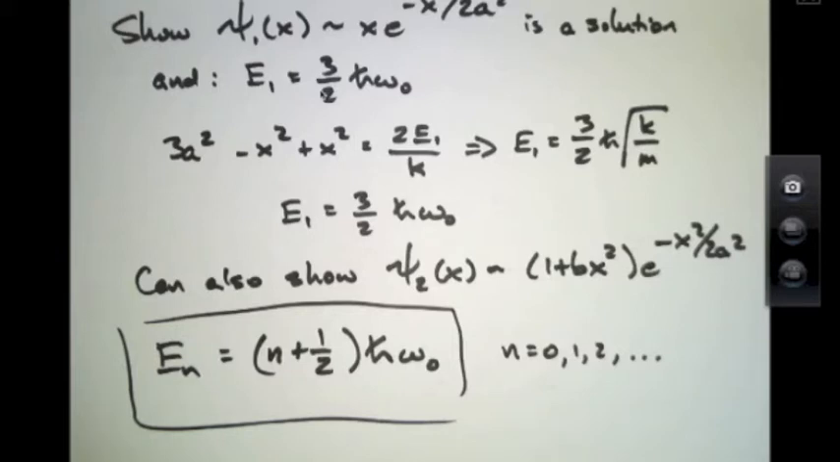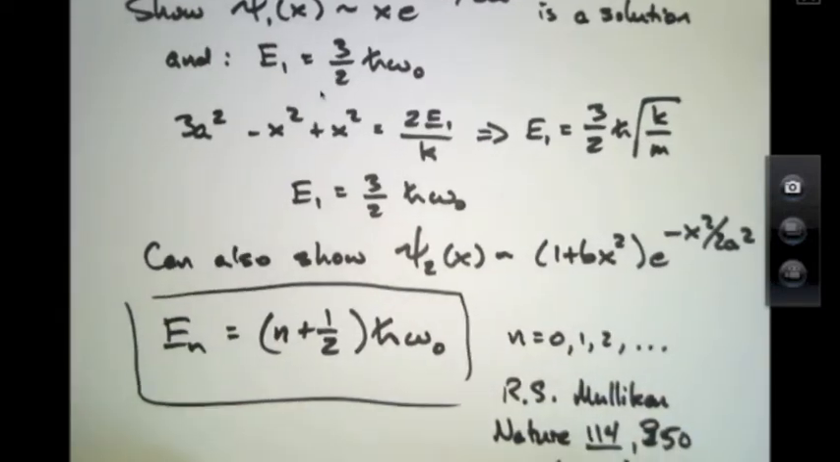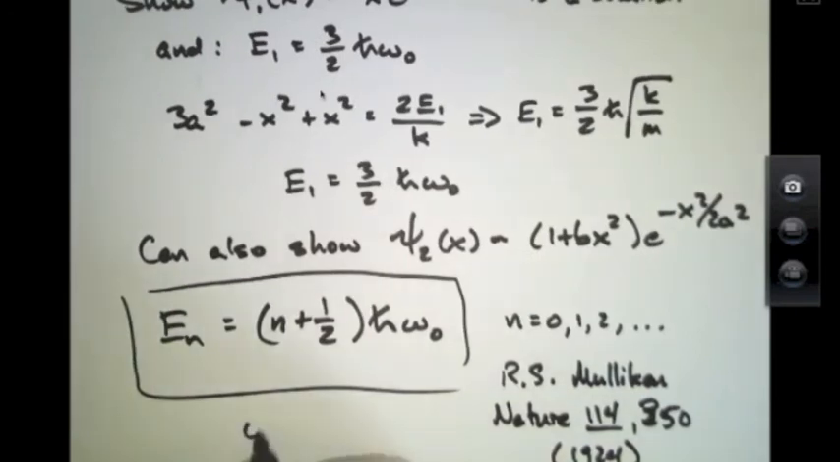And what's interesting about this is that this was already shown even before the advent of quantum mechanics could prove it. In an article in Nature magazine in 1924, Robert Mulliken was able to show that various diatomic molecules, which are bound together by the covalent bonds,